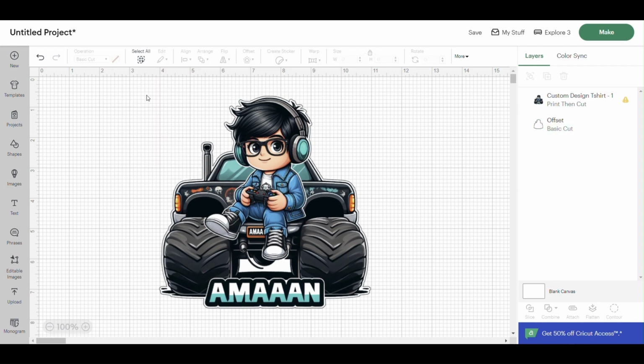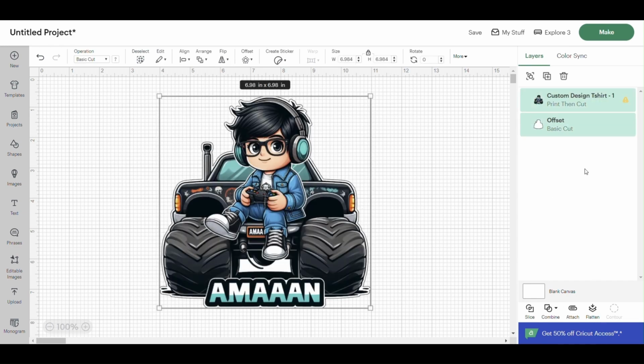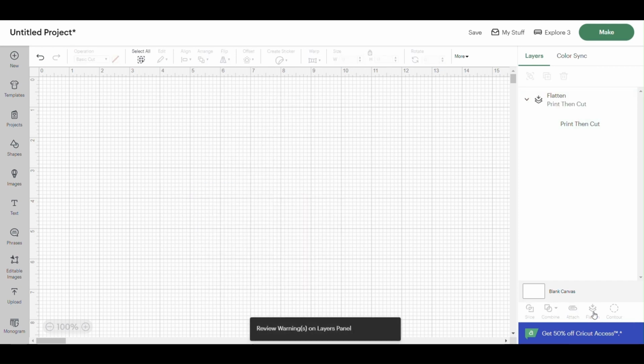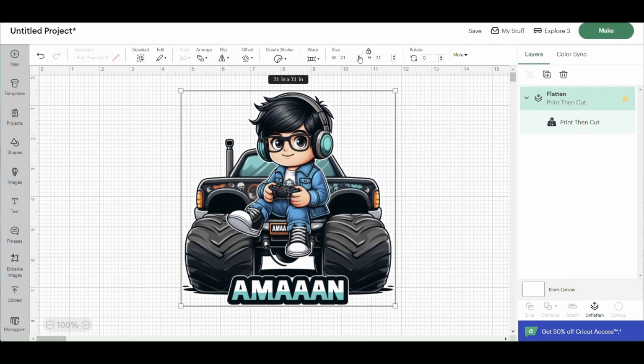And here we go. I'm going to highlight the whole image because, as you see, we have two different layers. To make this one single layer, I would have to go ahead and attach and then flatten. And so here we have a whole single image. We can even increase the image size from here,